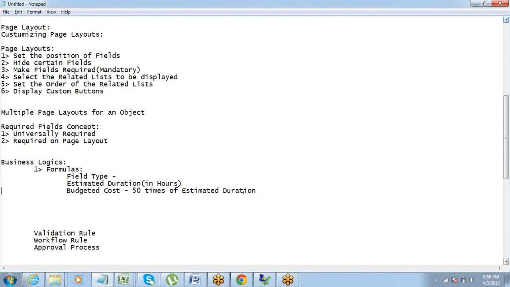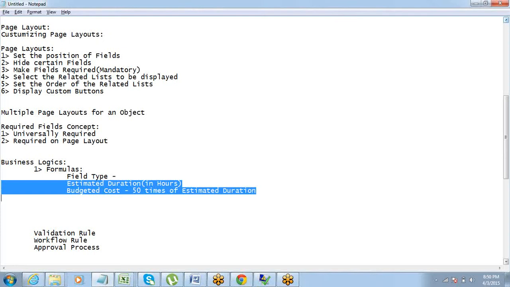So they charge, let's say, $50 for each hour. So this can be a logic. Instead of putting a budgeted cost straight away without any logic, the company can have an estimation of how much time will be required to complete the project, and based on the estimation we will simply calculate the budgeted cost by multiplying that by $50 per hour.